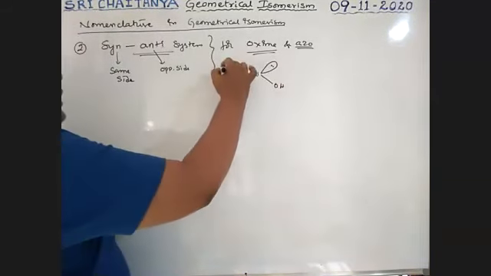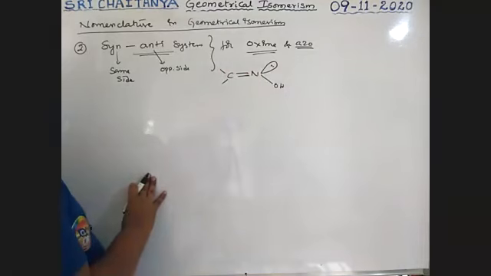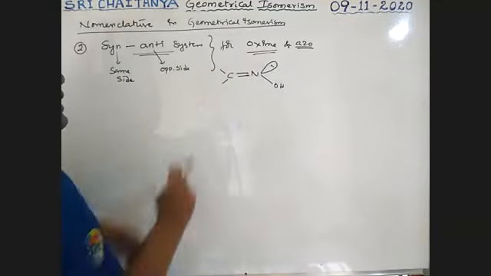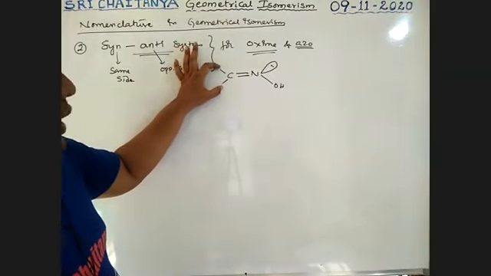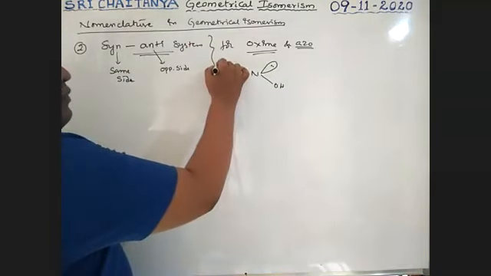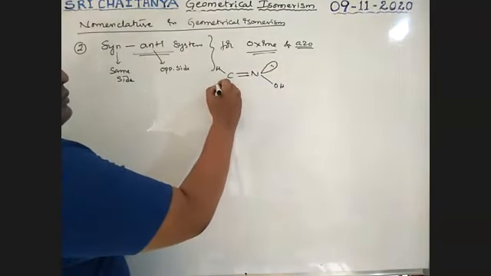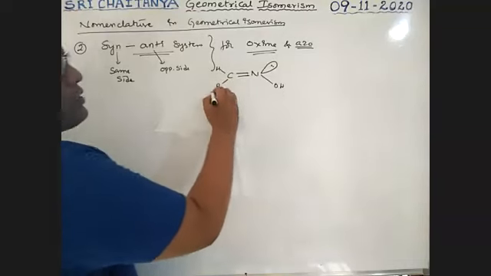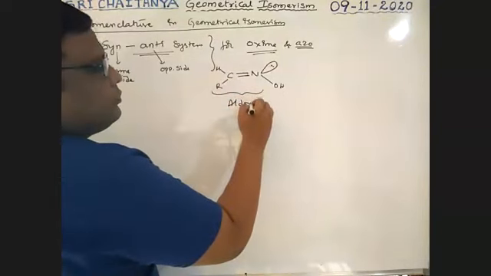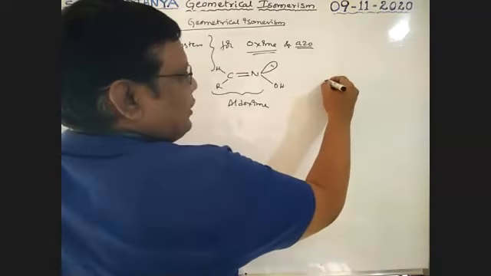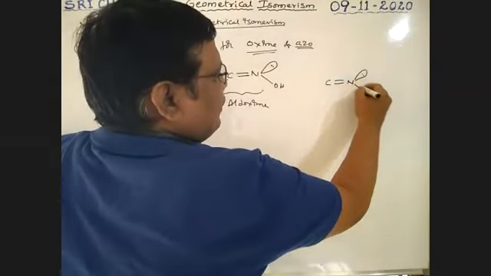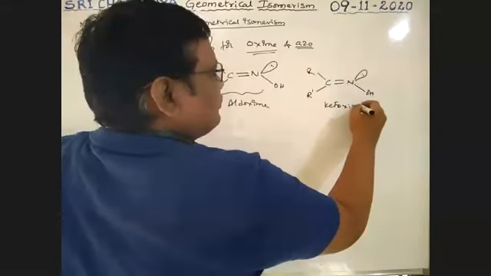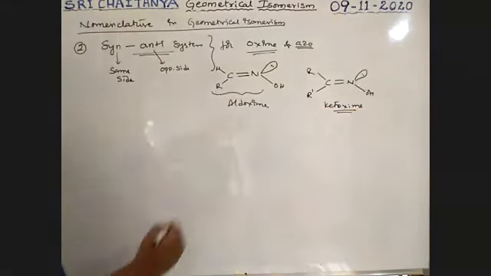It is an oxime. Carbon has two valencies, boys. If these two groups are the same, no geometrical isomerism. If they are different, for example one is hydrogen and the other an alkyl group, it is called an aldoxime. For a ketoxime, C double bond N, one lone pair, one OH, with both alkyl groups attached, it is called a ketoxime.